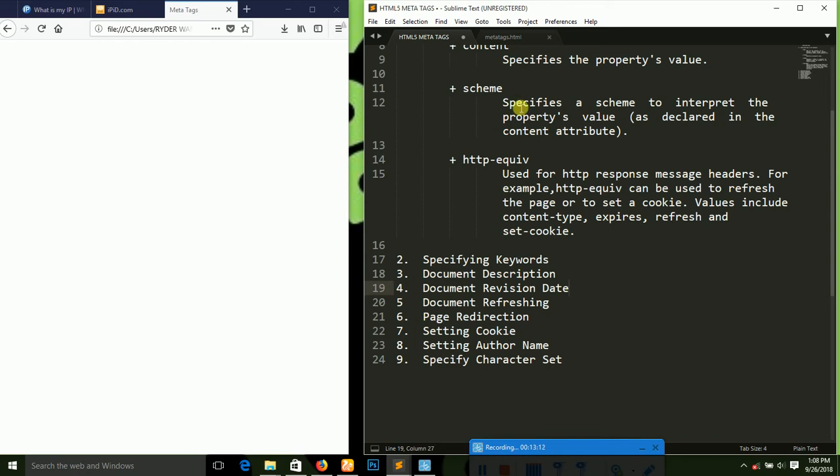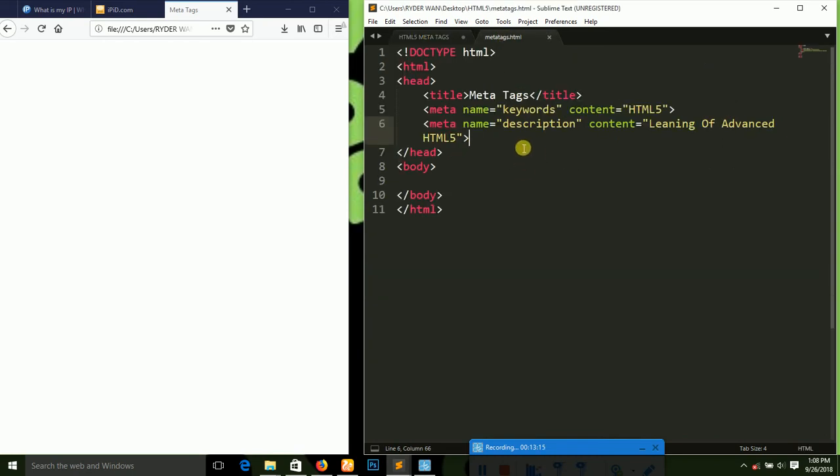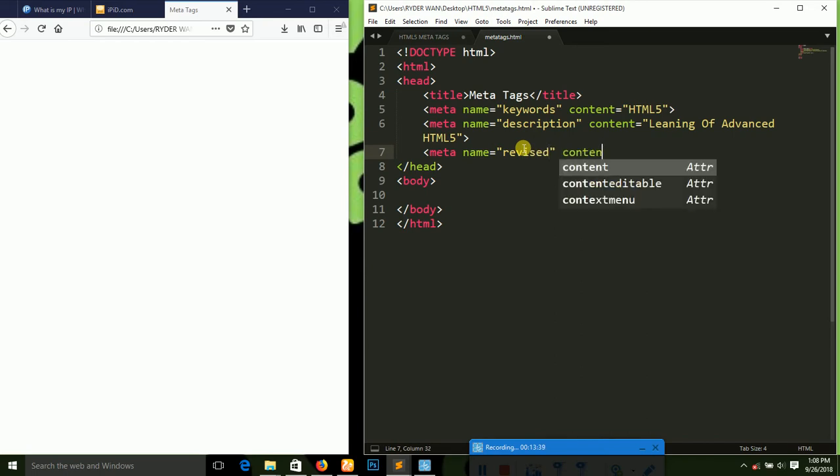So for example, let's give space, bring down our meta tag here, and then our name is equal to, our name should be equal to, okay, REVISED, and then content is equal to